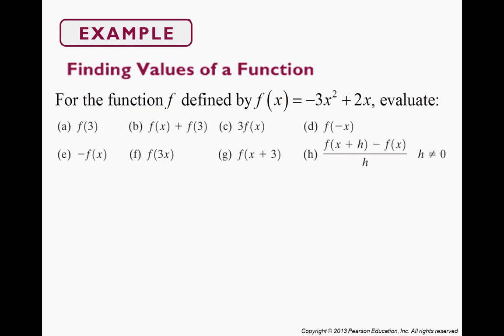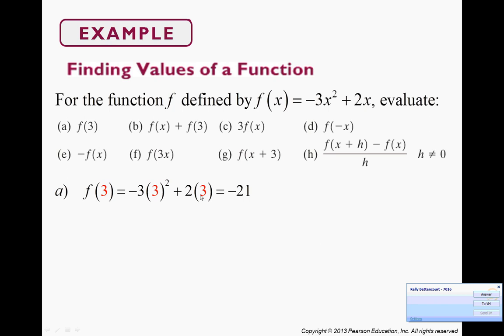All right, when we want to find the value of a function, go ahead and write this down. It's going to be helpful to have this example in your notes since there is a quiz question just like this. For the first one, here's our function, f of x equals negative 3x squared plus 2x. We are going to take out x for part a, and put in 3. You have to remember your order of operations, because I'm going to apply this exponent first. 3 squared is 9. 9 times negative 3 is negative 27, plus 6